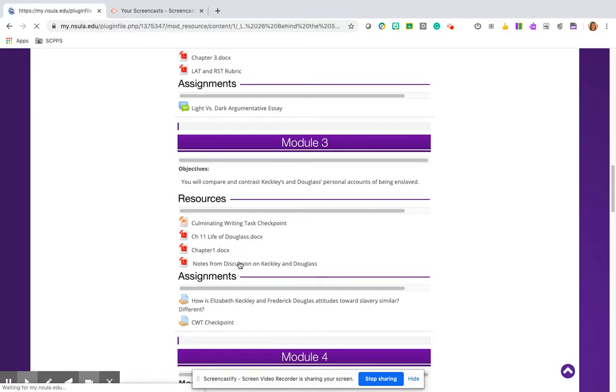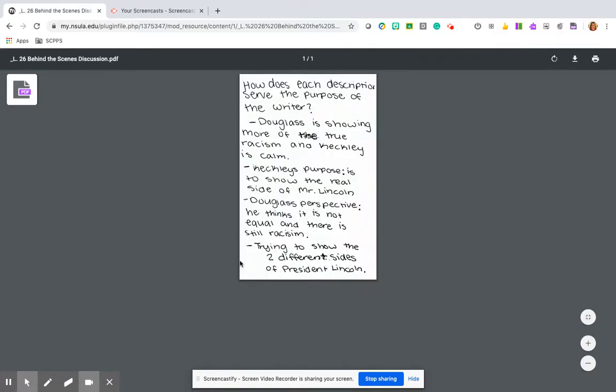I also added these notes from discussions my students have previously had. I thought these would be really good points for students to take while they are starting off their argumentative essay. Since this is 7th grade, they are going to need a little tool to get going, so they can use this to start off with.